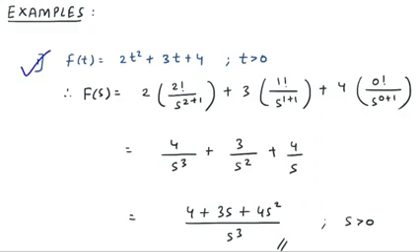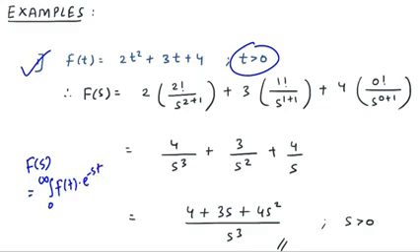Let us start with the example 1. F of t is equal to 2t square plus 3t plus 4, where t is greater than 0. Tell me what would be the Laplace. If you go by the standard definition, then you have to solve the integration to get the Laplace domain signal. Like capital F of s is equal to integral 0 to infinity, because our time is greater than 0, which means 0 to infinite, right? So in that region our f of t will work, and e raised to minus st dt.